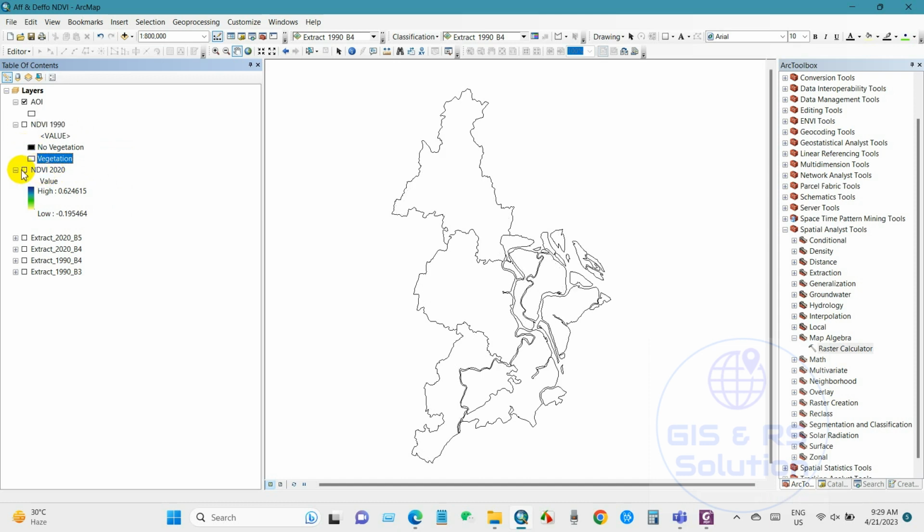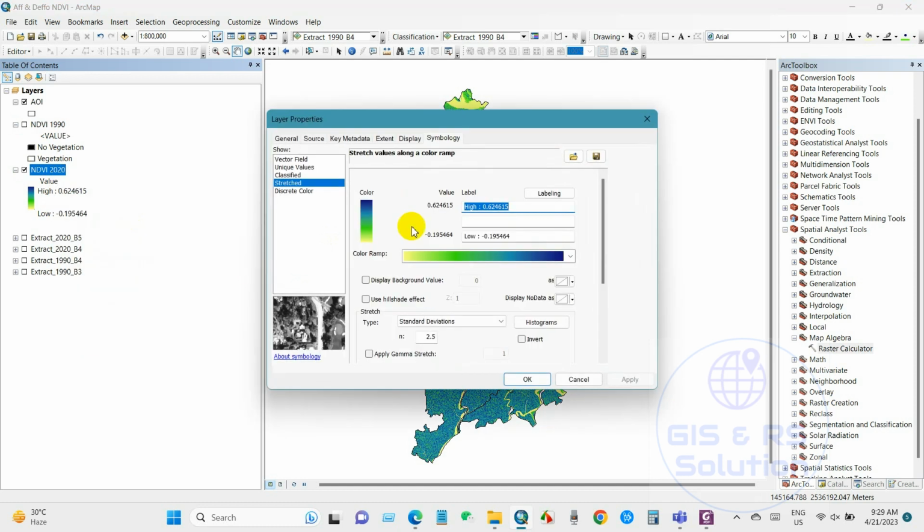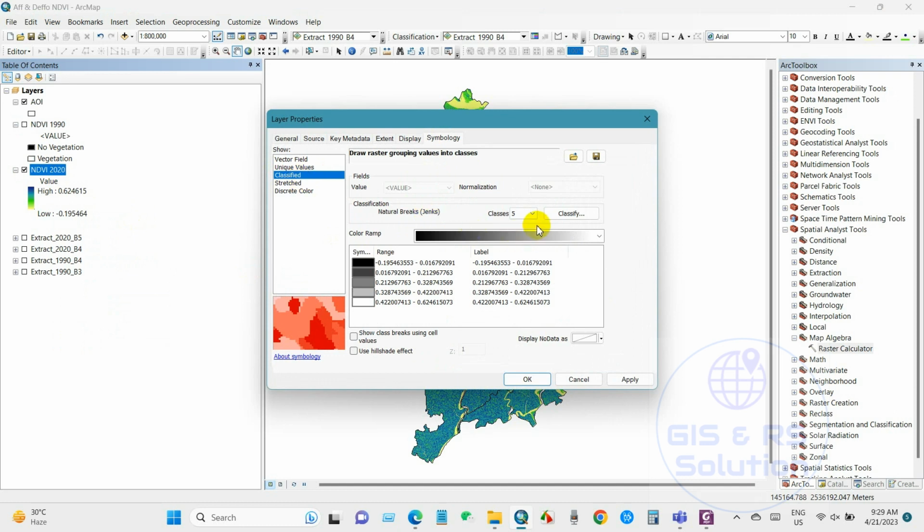And similarly I will do it for NDVI 2020. Just go to properties and then symbology, go to classified and classes. I will select two classes. The first class denotes no vegetation, as the value shows 0 to minus, and then the other class is vegetation cover. Then click OK,